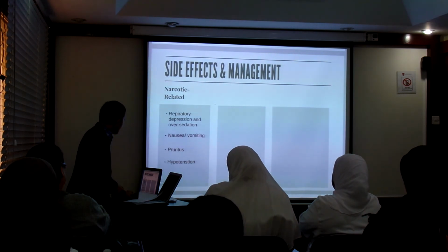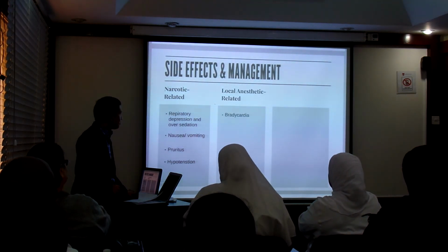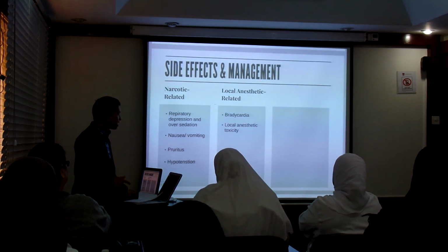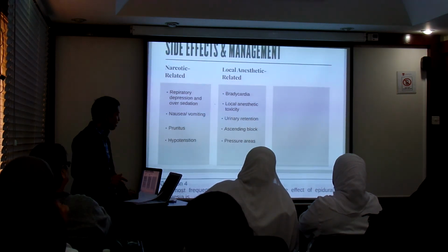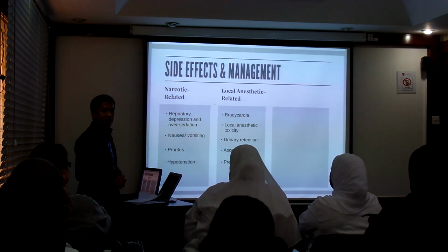Now for the local anesthetic related side effects. Now we have bradycardia, local anesthetic toxicity, urinary retention, ascending block, pressure areas. Now to summarize also the management of